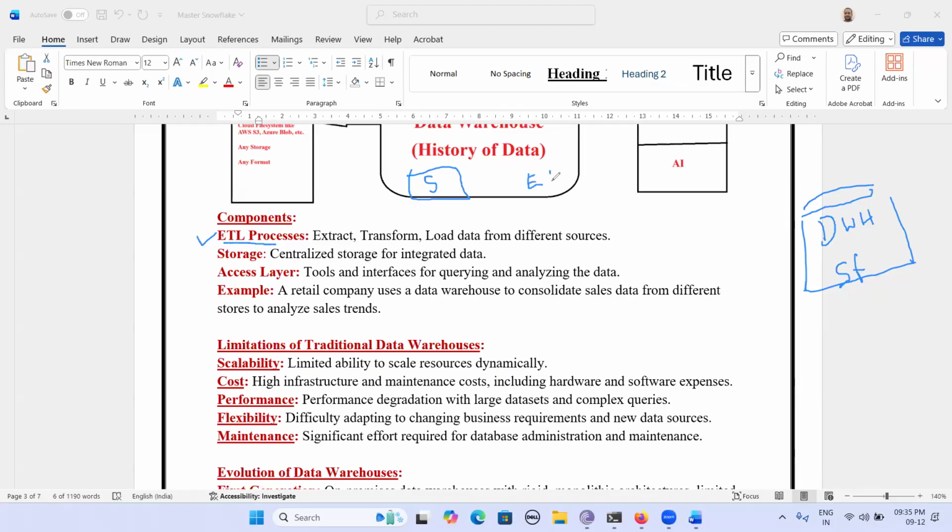ETL: extraction, transformation, and loading. So you connect sources, they perform transformations, then the transformed results they're going to load into our data